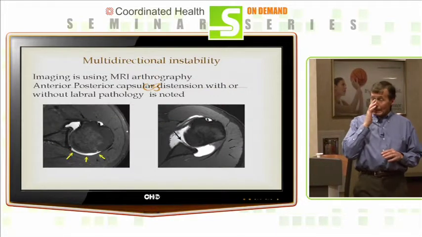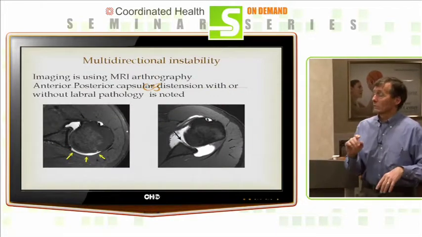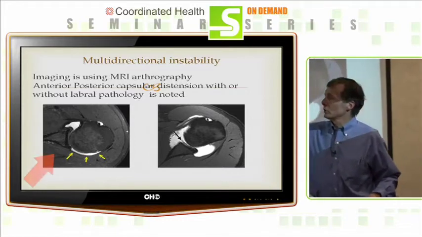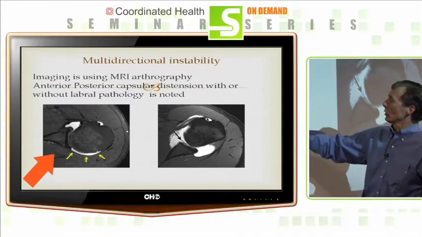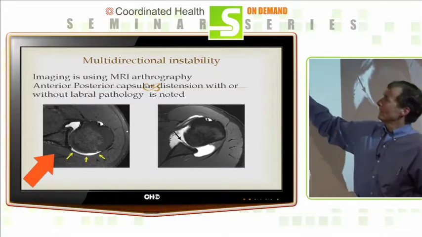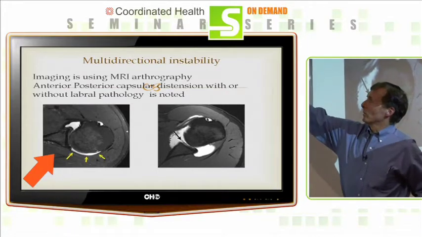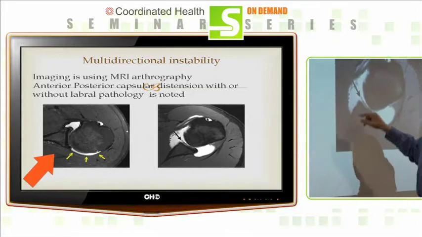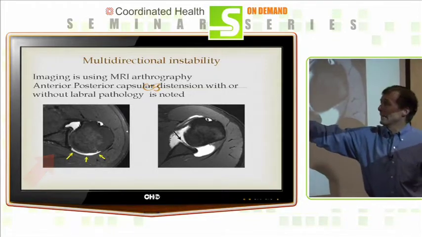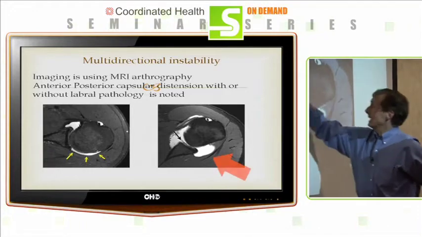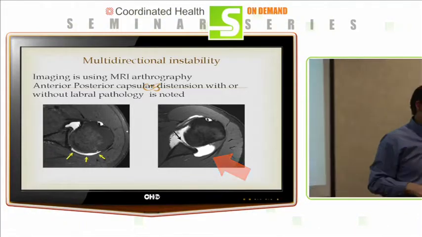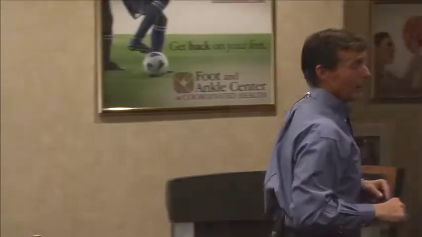And on MRI, this is a normal MRI, pretty much. You can see the capsule, the fluid in the shoulder. This is the ball and socket. We'll go over MRI a little bit more, but this is in a multidirectional patient. You'll see the fluid is not that bad in a normal MRI, but in a multidirectional, you can see the fluid, and that means that this shoulder is just so loose, the ball and socket is just popping in and out.